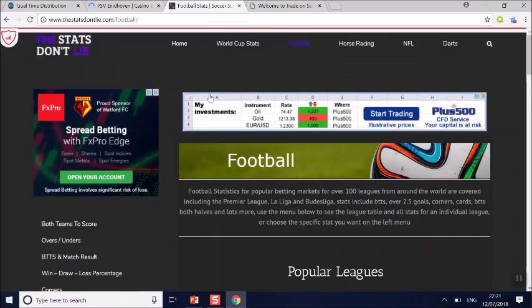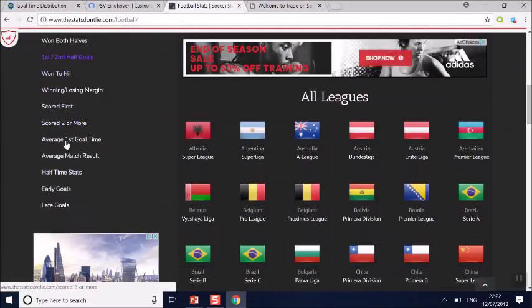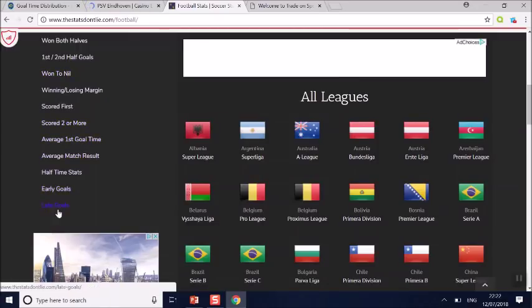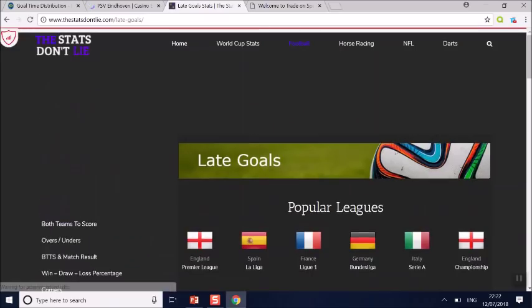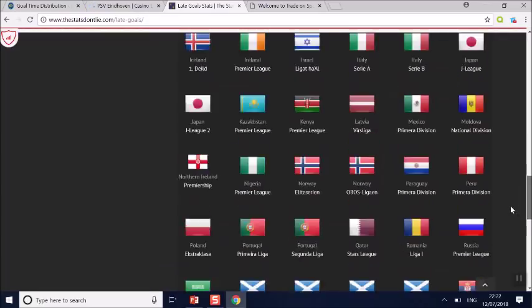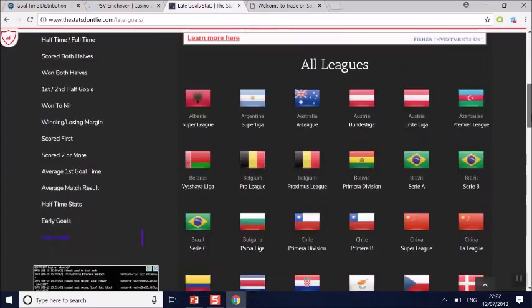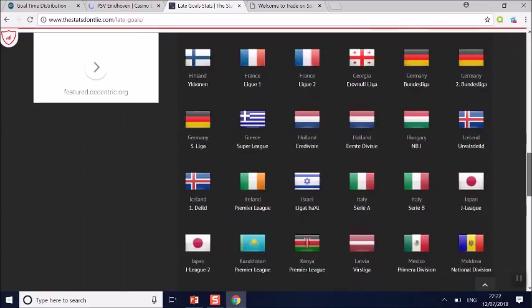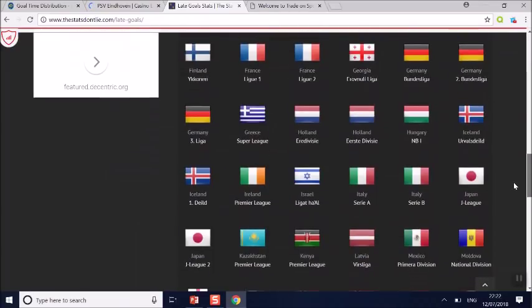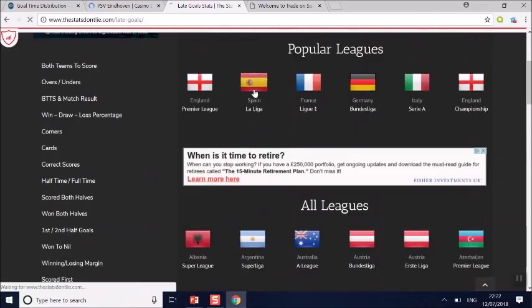Again, it's a great website because they cover a lot of different types of perspectives on football. But certainly, if you were looking at late goals, if I click late goals here, they cover a good amount of countries. You know, what you're looking for here is a strategy that has a lot of breadth, a lot of depth, and you don't want a strategy that's necessarily just limited to certain leagues. So, they've got a lot of leagues here. If we click on La Liga in Spain,